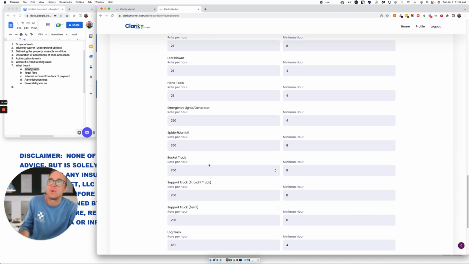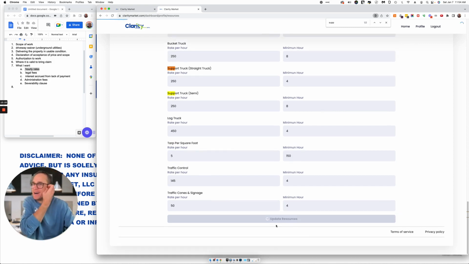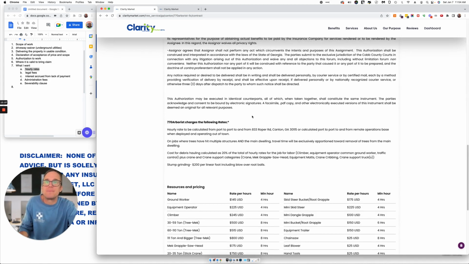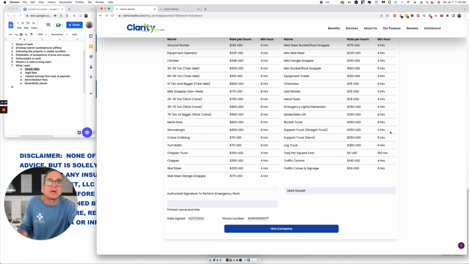Oh, by the way, while I'm here, I need to change something. Control F. Support truck. Oops. I've been meaning to do that too. Okay, so let's just check that real quick because I know I need to change that. Support truck 4-hour minimum, because that's my truck that goes out. This would be my oiler truck, that would be an 8-hour crane. My support truck is my support truck for my Bobcat trailer. Anyway,